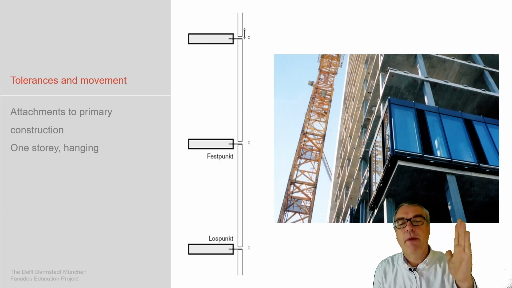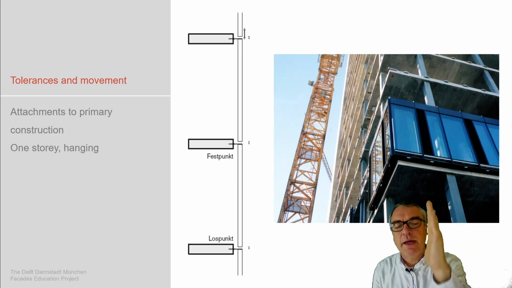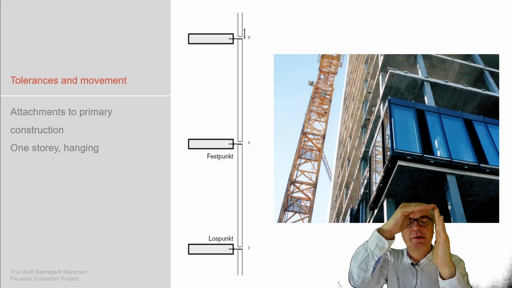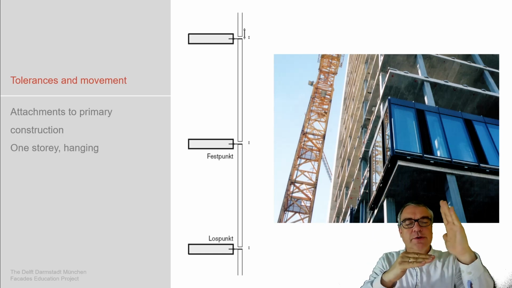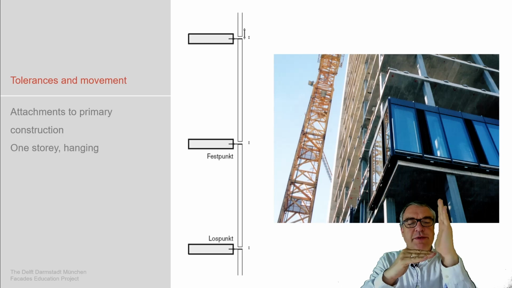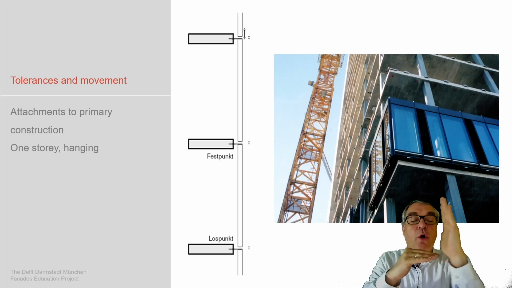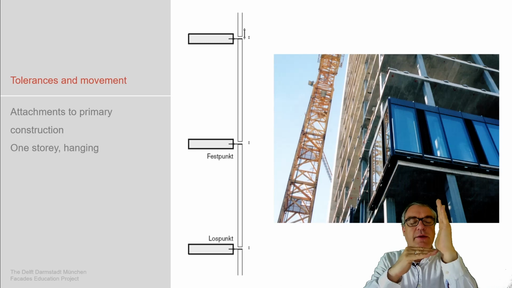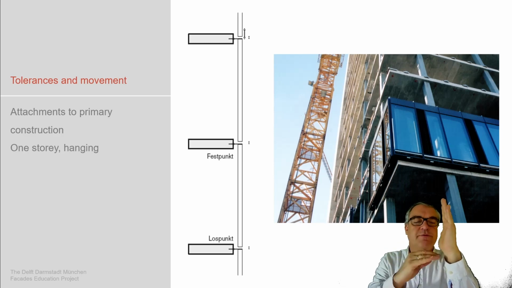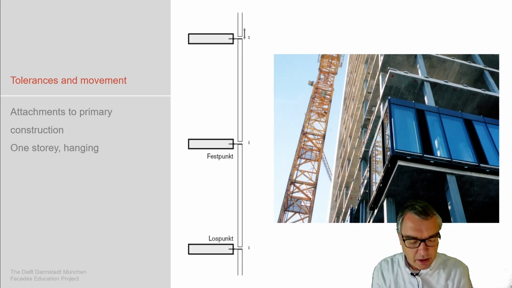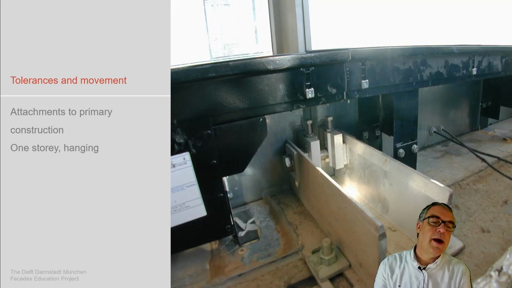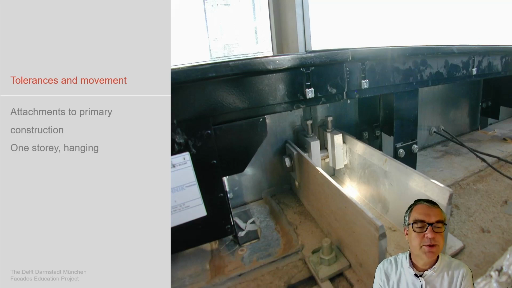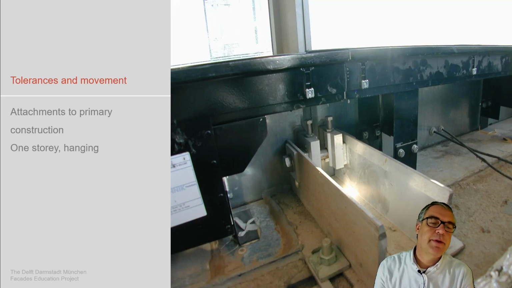We normally have them hung, so a unitized facade normally is hung in position, which means there's a top point which is entirely fixed, allows 2 directions to be fixed, and then there's a bottom point which is horizontally fixed, but vertically allows movement. So in the case of movement of the building or the facade, there's no interaction which would cause damage to the facade by being compressed or put under additional loads in the system. These brackets have to A, allow the movement in the system, and B, in the first step, take the tolerances of the main structure versus the facades.